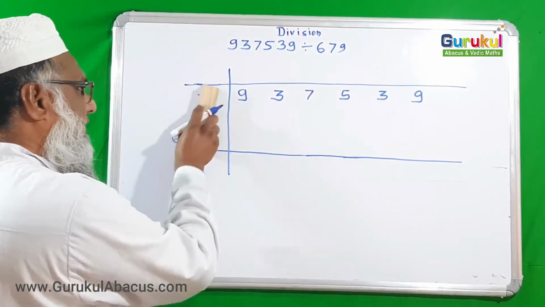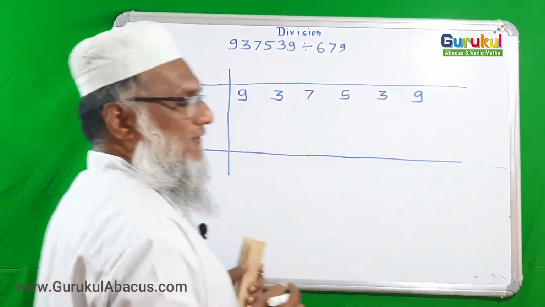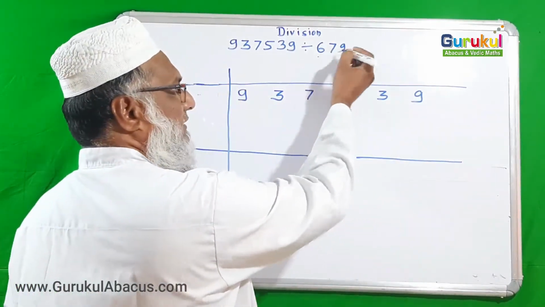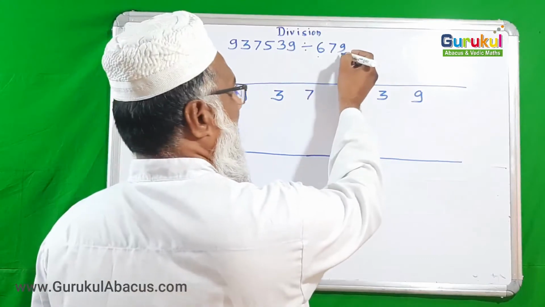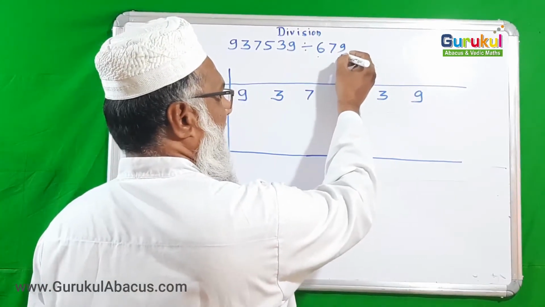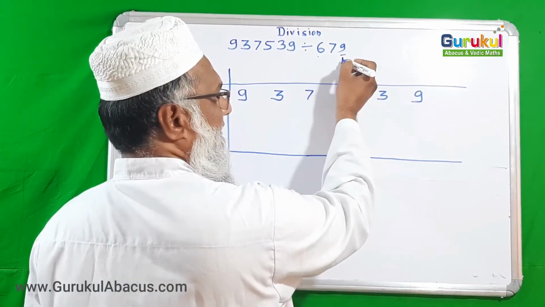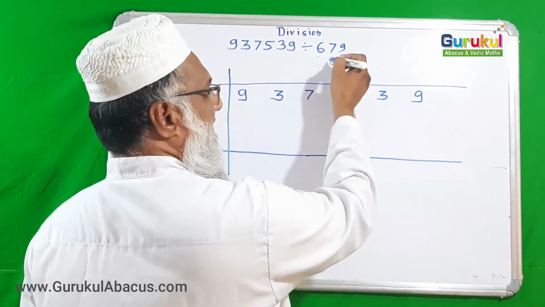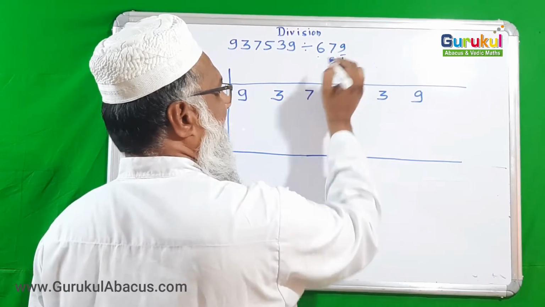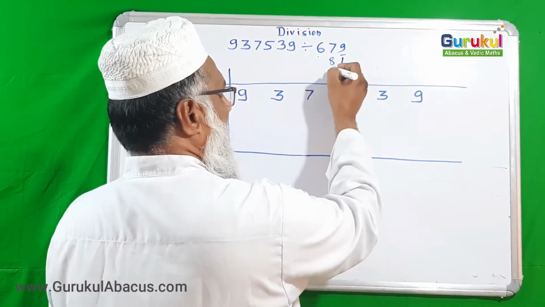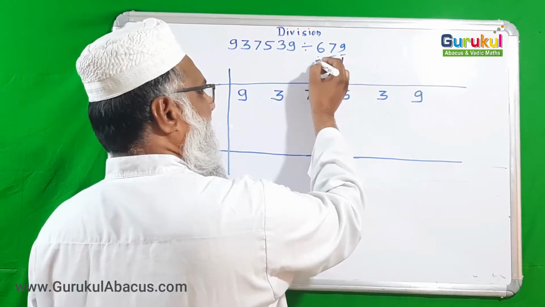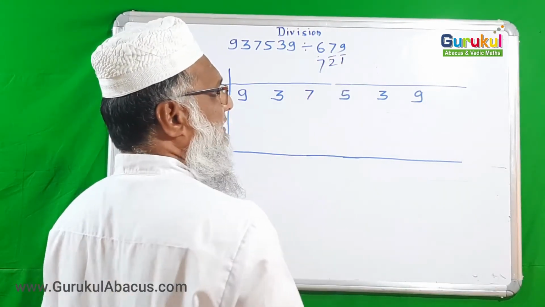So in this division example, I want to use a Vinculum number, meaning I want to convert this divisor into a Vinculum number. So for that 9, I want to write less 1, and here 8. But that 8 is also a little hard for me, so I want to convert it in that way. For 8 I want to write less 2, and that 6 I want to write here.